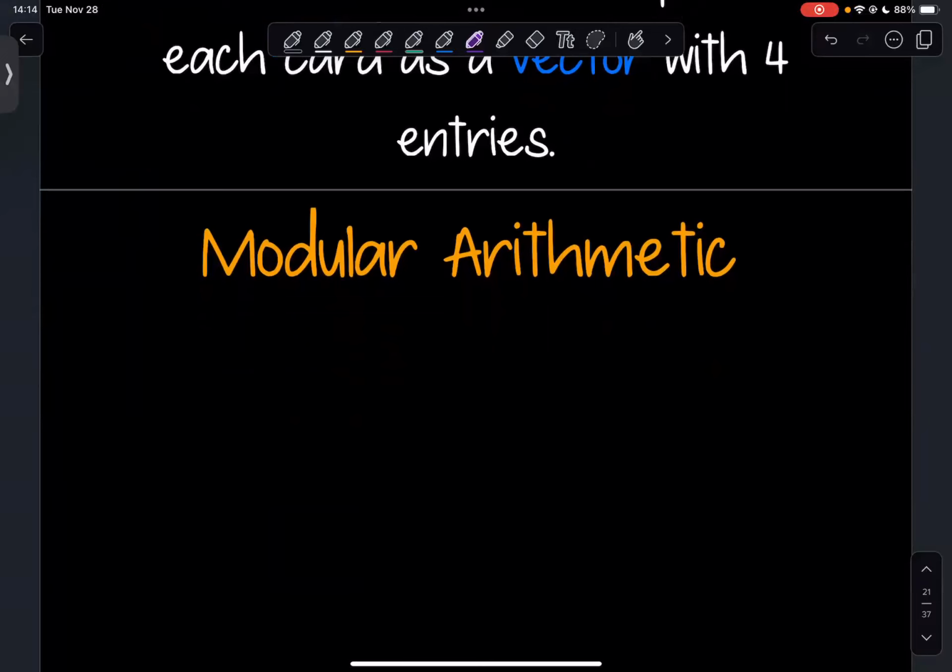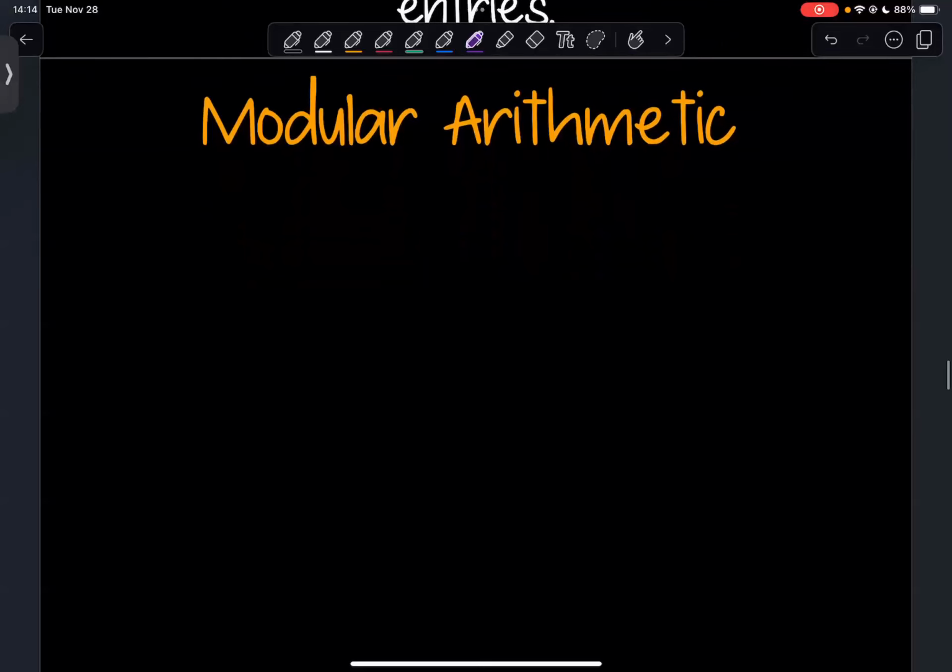Okay, so first we need to think about modular arithmetic. Some people call this clock arithmetic because this is like the first example that we usually see, right? Either working with a 24-hour clock or with a 12-hour clock, but usually the 24-hour one works a little bit better because it tells you exactly what time of the day it is, versus a 12-hour, where you need to determine if it's AM or PM, which makes it a little bit more vague.